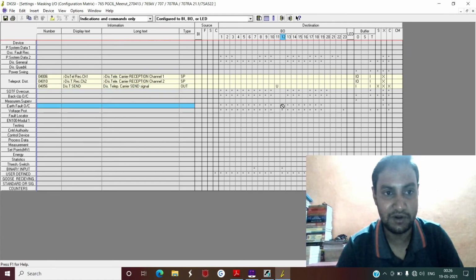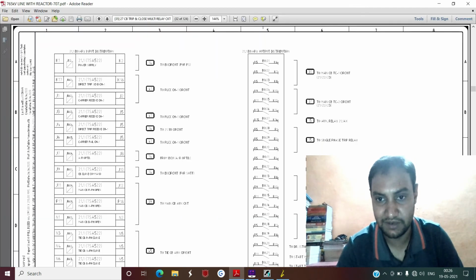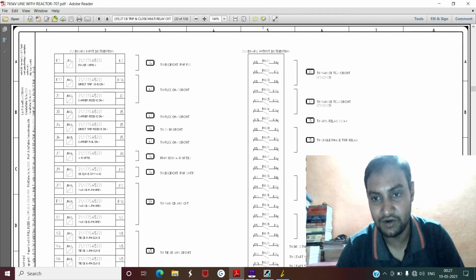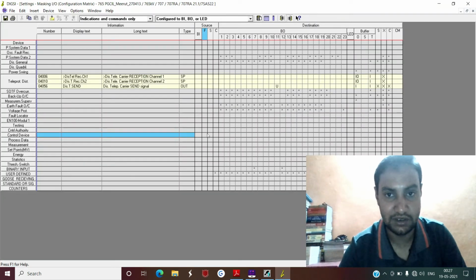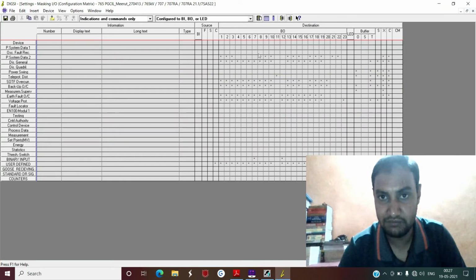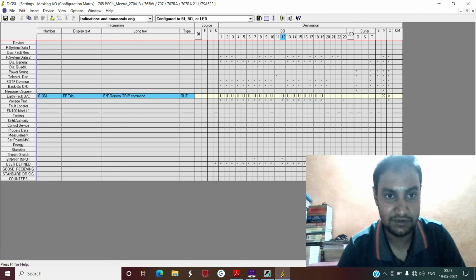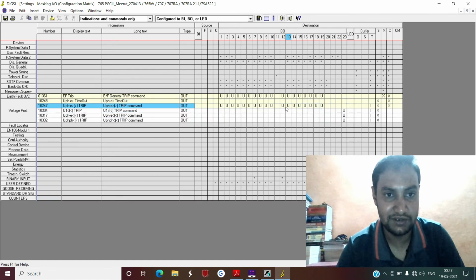Similarly, output number 12, I have already explained in the scheme drawing. This output number 12 is for DT send channel 1, 2, and this signal is to be configured for over voltage and DEF. So if you go to output number 12 and expand, this output is configured for your earth fault general trip, that is DEF, and for over voltage trip.